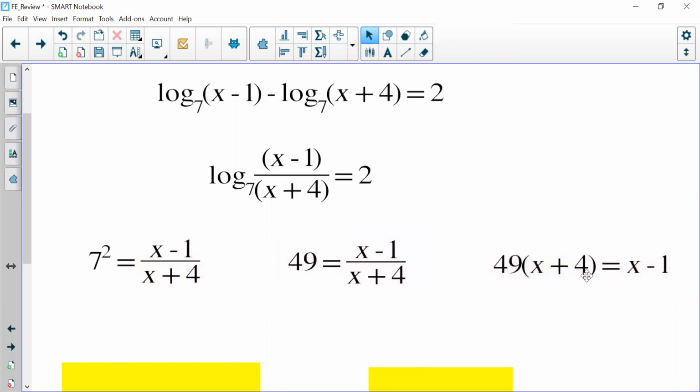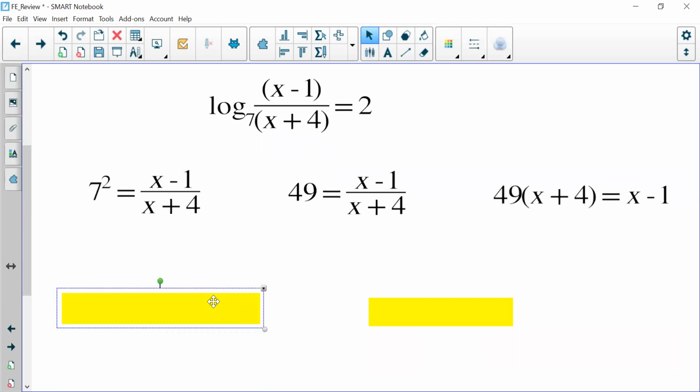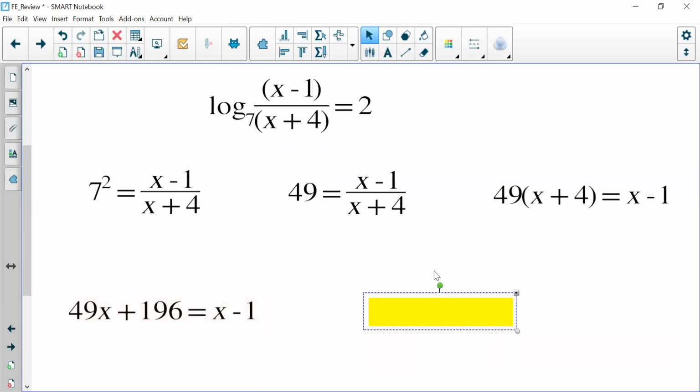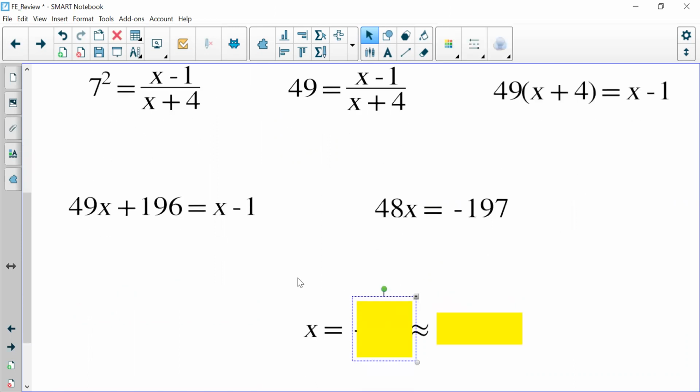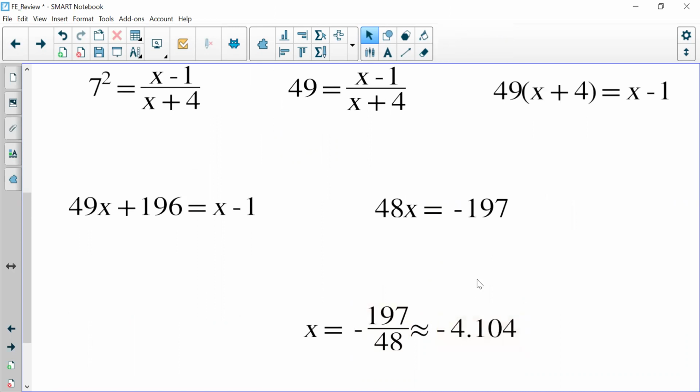Multiply both sides by x plus 4. We distribute that 49. We subtract x. We subtract 196. And lastly, we divide. So x is negative 197 over 48, which is about negative 4.1. So that is our answer. And that's a fine answer. It's negative. This shouldn't be